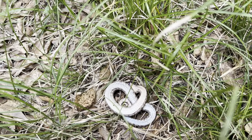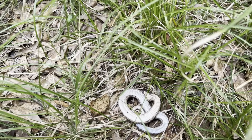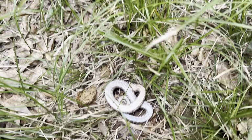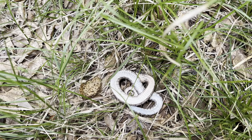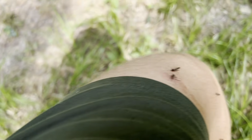Holy crap though. That is my third eastern hognose ever, second near Houston, Texas, and these are a really cool find still. It's a shame that it's not at a shed, but still, an eastern hognose is always a win, especially when it's 85 degrees outside. In case y'all were wondering how bad the mosquitoes are in Houston,